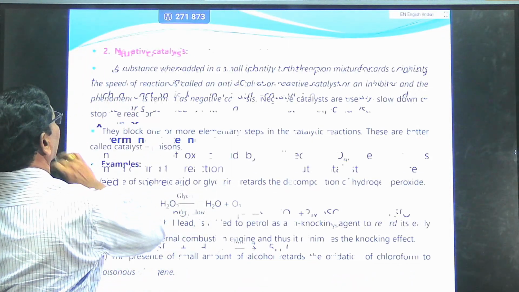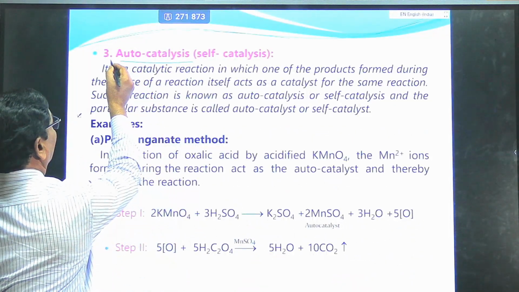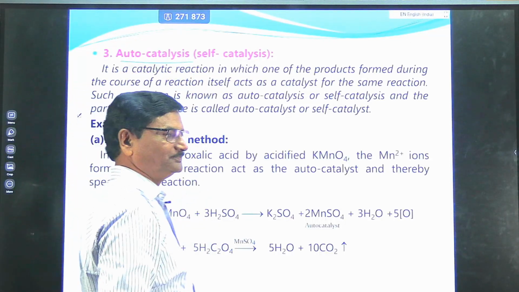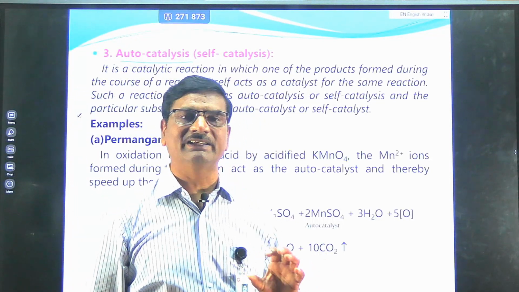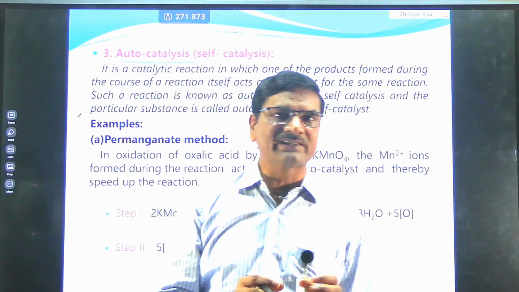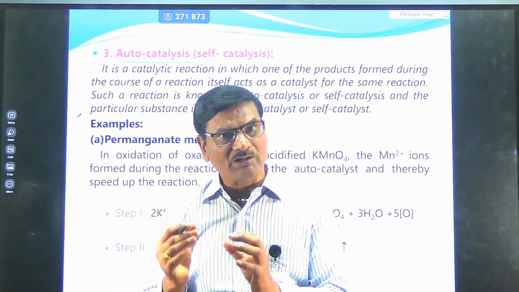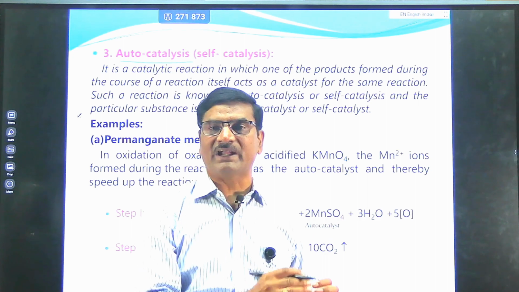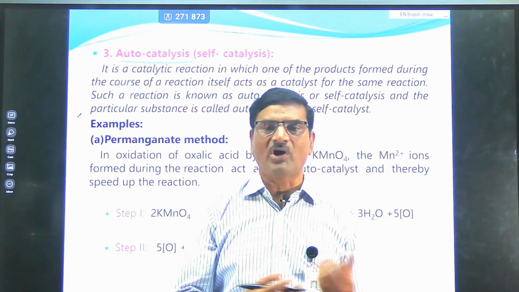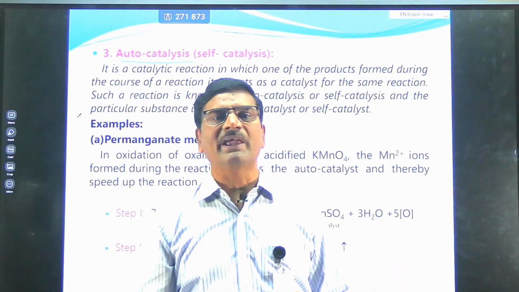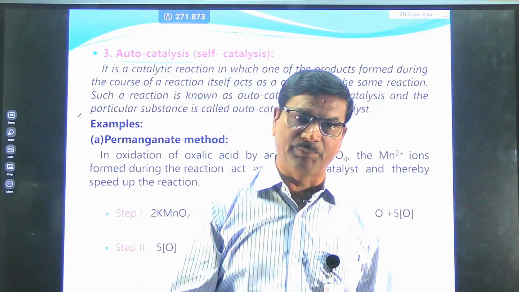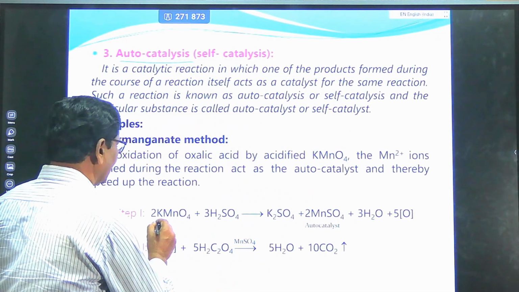Next one, suppose third type, autocatalytic reaction. What is meant by autocatalytic reaction? During the reaction, one of the products which gets formed can act as an autocatalyst in the next reaction. For example, in the titration of KMnO4 versus oxalic acid, if you observe this reaction, KMnO4 combined